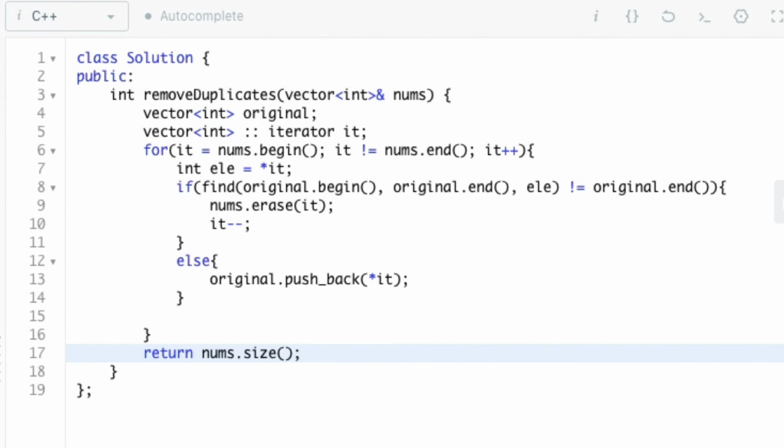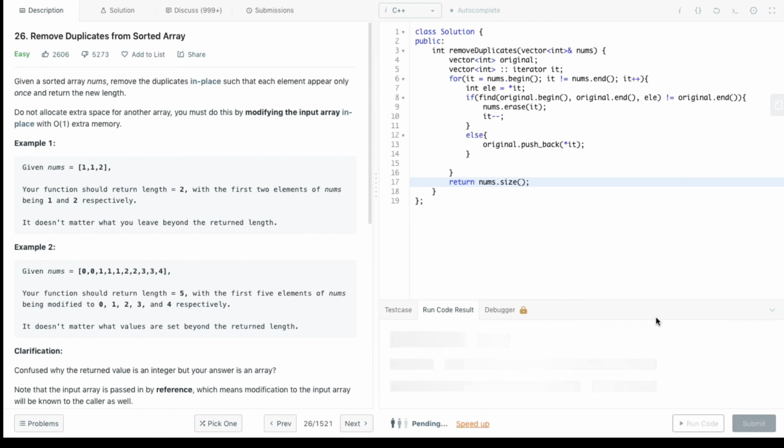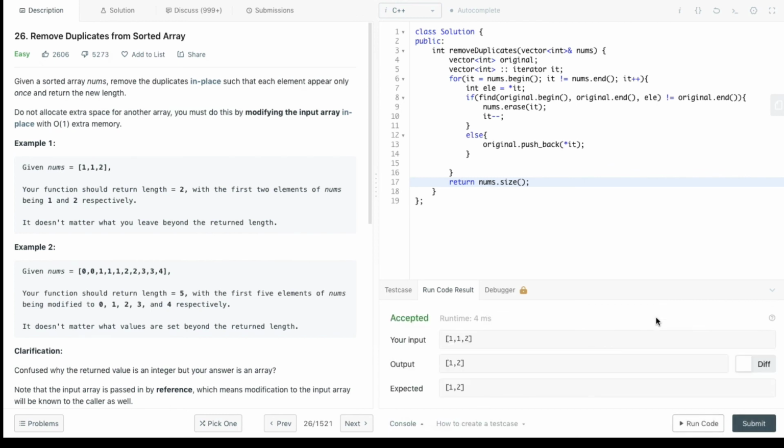So the code is finished and we can run the code to check whether it contains any errors. Since the code runs fine, we can proceed further and submit it.